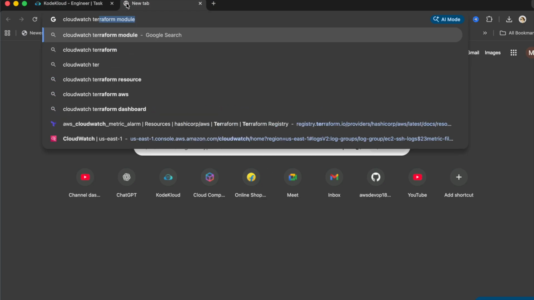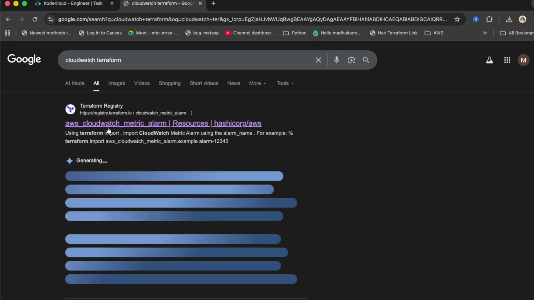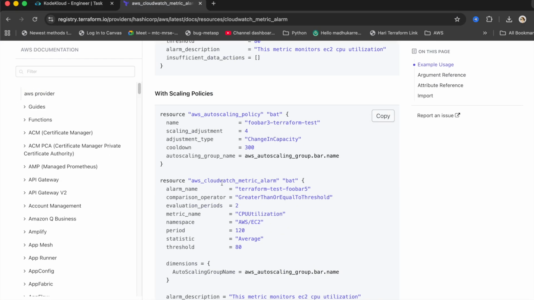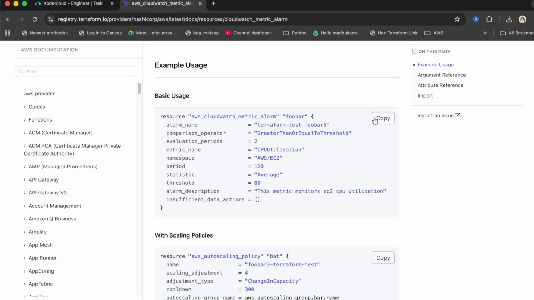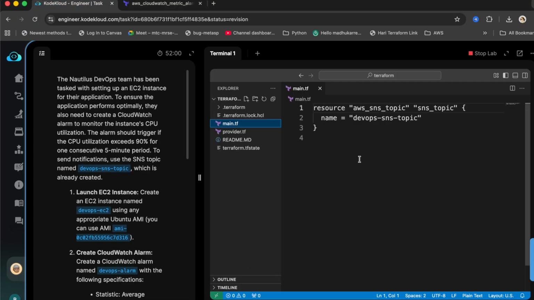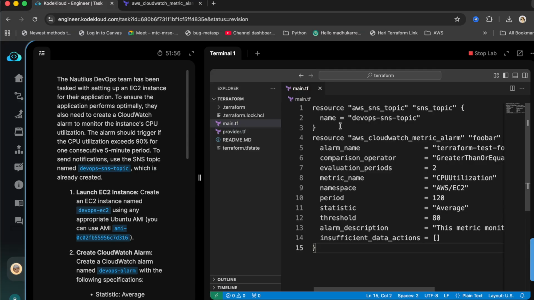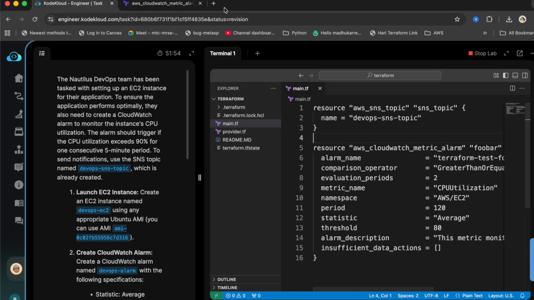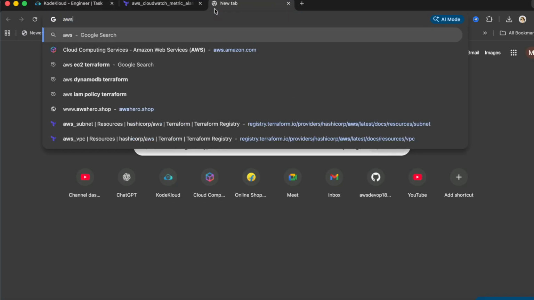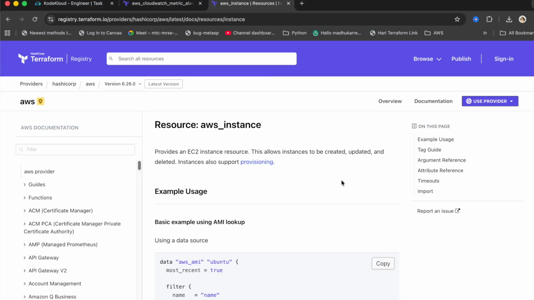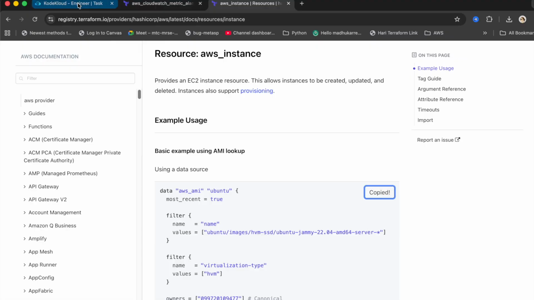Terraform, click on this link. You can see a sample over here. Just copy it and add it here. Before that, you can add an AWS instance as well. AWS EC2 Terraform. Get the sample one